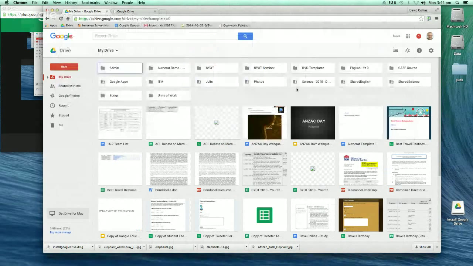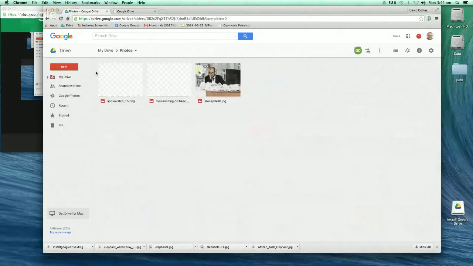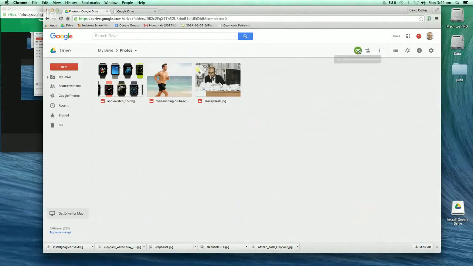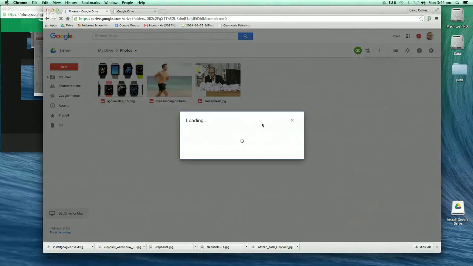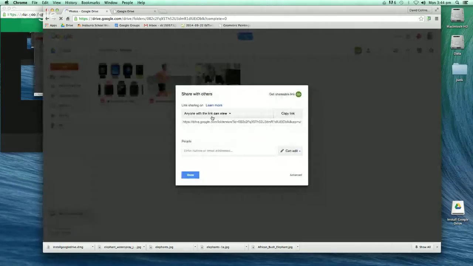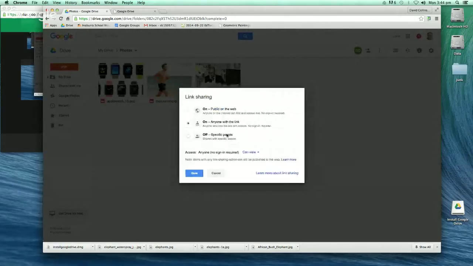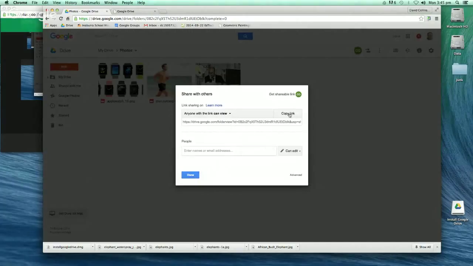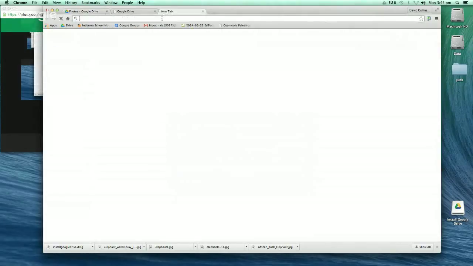Now, that will probably get synced to the end of this list and work from there. But what we're going to be doing, and in fact, I can show you how I've done this already once in the past, there will now be a folder which has some photos which we've put into there. And if I have clicked on getting a link, this folder can become accessible to anyone in the world who can view it. So if I just come in here, click anyone, normally I have to go to more, anyone with the link can view it. And if I take this address and copy it, go to a new tab and paste it in,